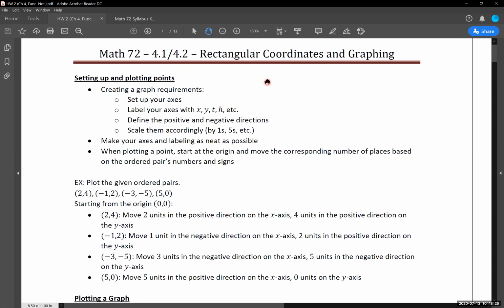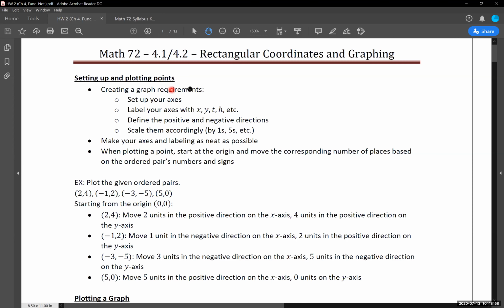So our basics with graphing is a generality. If you're asked to graph or do anything like that, here is what we're going to need to do. When you are setting these things up on any of the tests, on any of the homework, if you are submitting work to me, these are the requirements that I'm looking for. If you are missing any one of these in the graph that you are setting up, that means you are going to be losing points on the graph. So these are absolute musts, no exceptions. You have to have all of them.